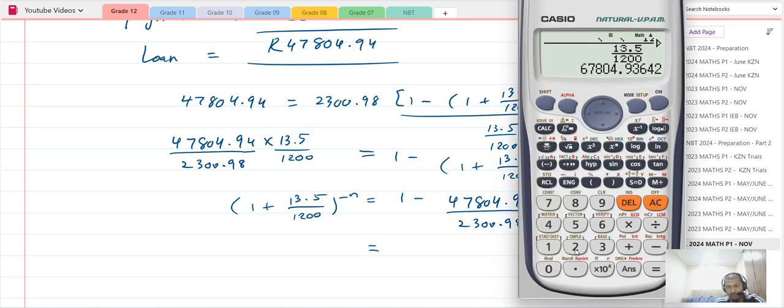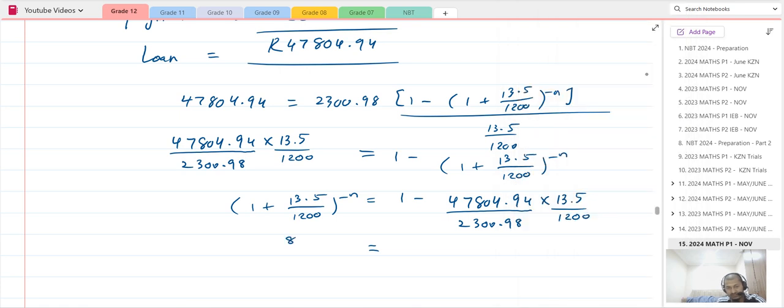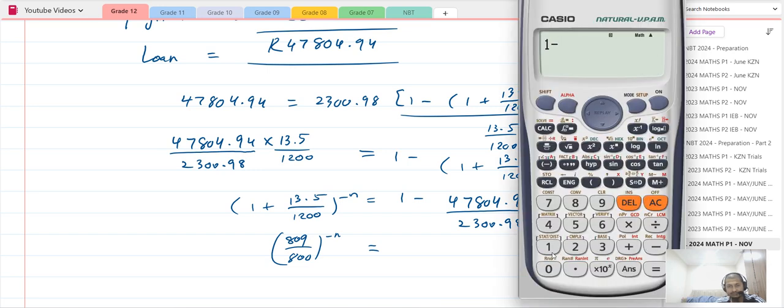Right, so 1 plus 13.5 over 1200, I'm getting 809 over 800, and that whole thing is to the power negative n, and all of this minus 1 minus 47,804.94 over 2,300.98